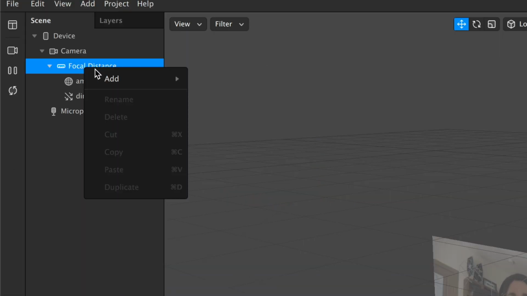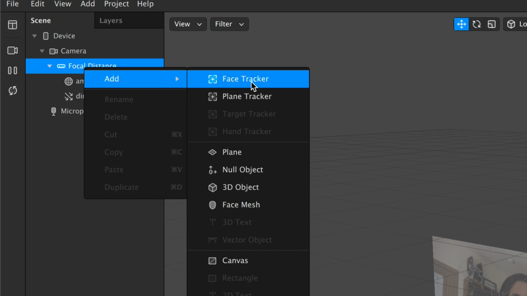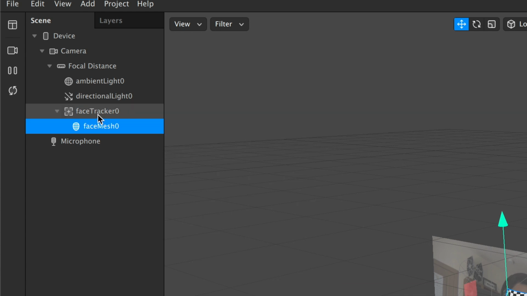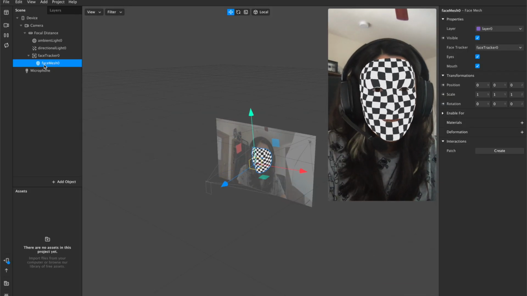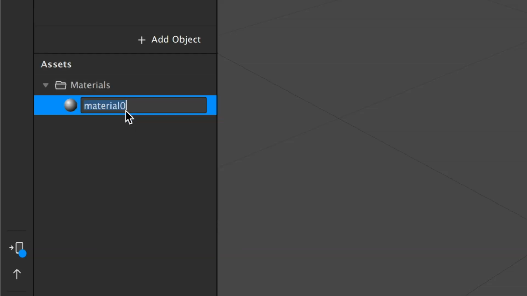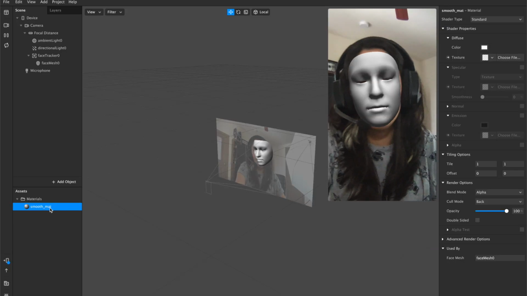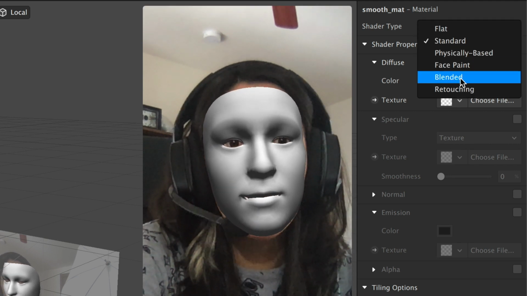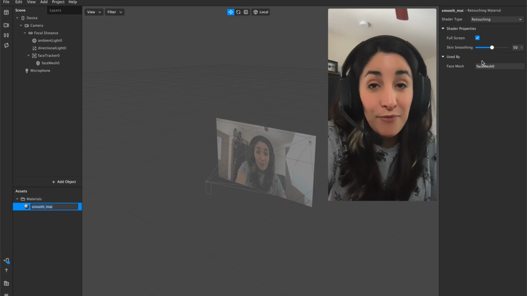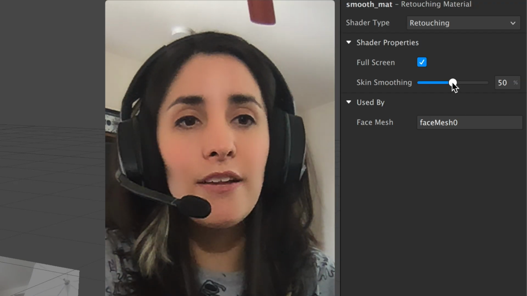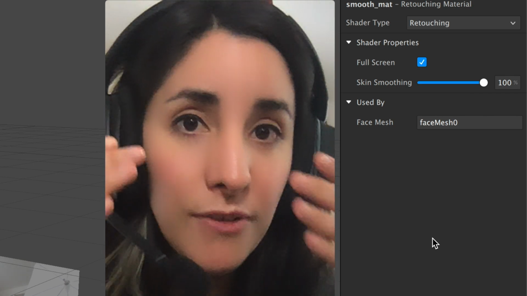To do that, I'm going to right click on focal distance and add a face tracker. Under face tracker, I'm going to add a face mesh. While I select face mesh, I'm going to add a new material. I'll rename it Smooth Matte. And then under shader type, I'm going to select retouching. And we're done. But since this is a makeup filter, I'm going to select 100% skin smoothing, so I'm very